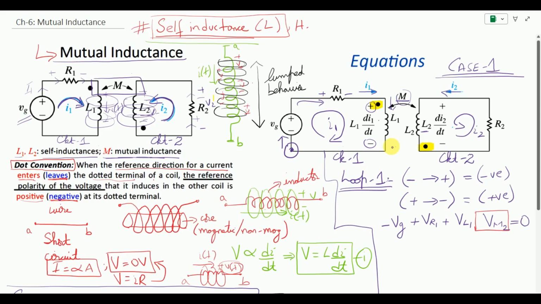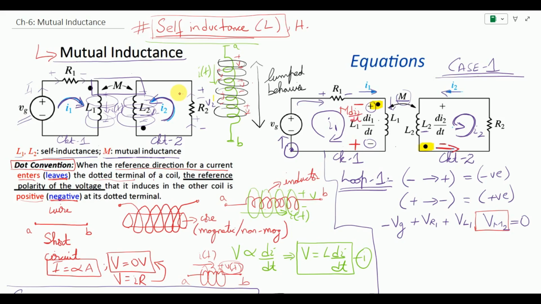So we can see that I2 is basically leaving the dot and then moving outward. So since the current is leaving from here, the polarity for M is going to be negative. Let me use another color to make it easier. Since the current in the second loop is leaving, the polarity on the first side will be negative for M, and obviously the opposite side will be positive. So this is going to be my M